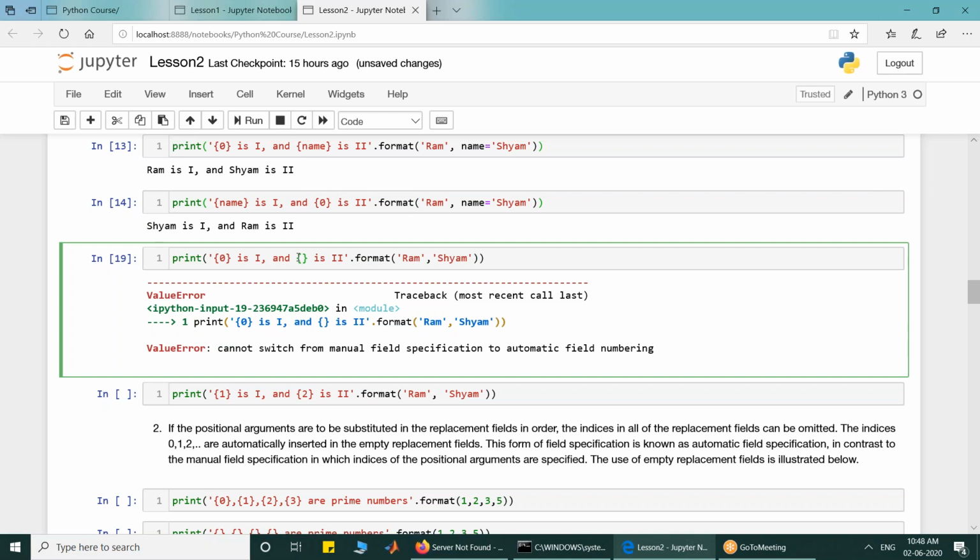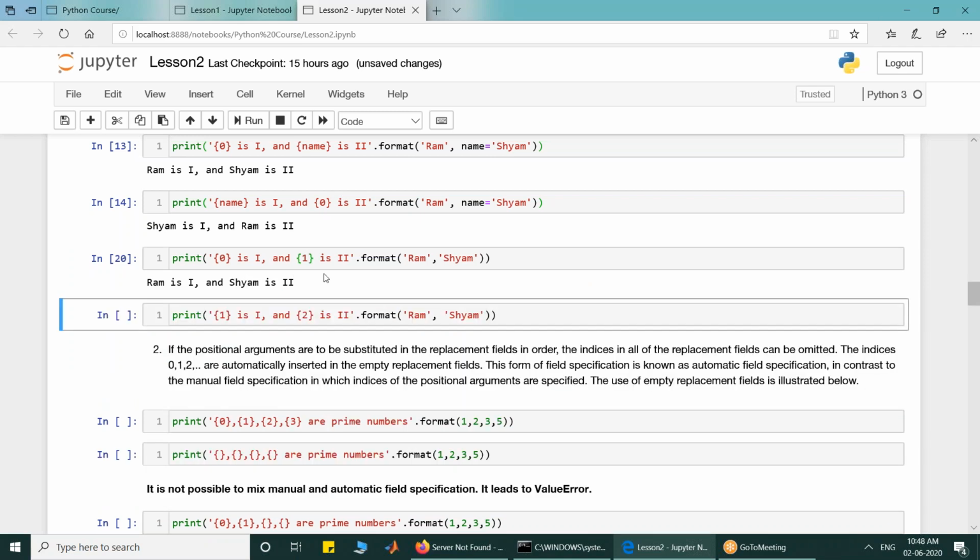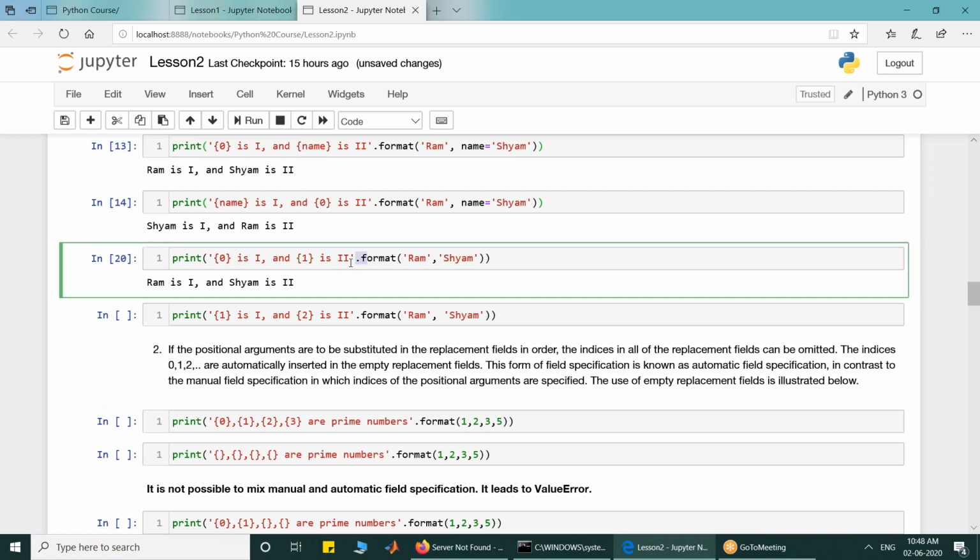The mix and match of manual specification of indexing and automatic specification of indexing is not allowed. So either you have to specify for all the replacement fields, or you have to leave all the replacement fields blank. If you leave all the replacement fields blank, that will automatically be done by the interpreter.